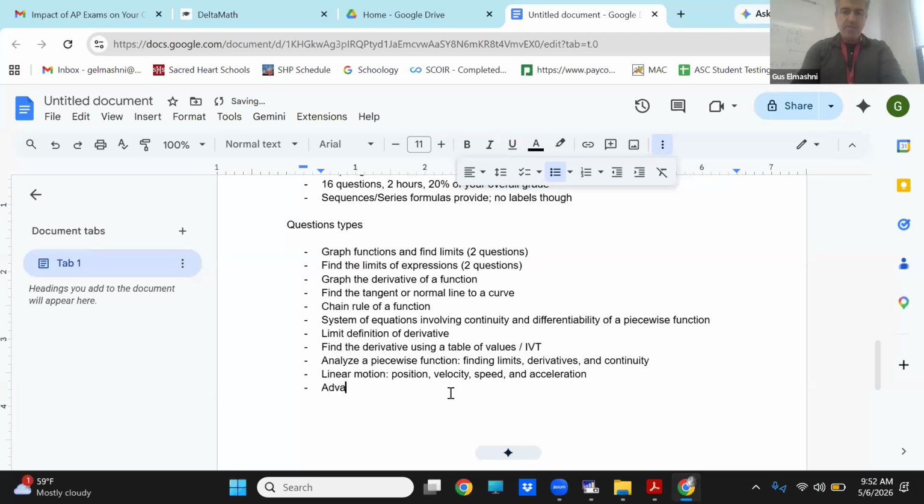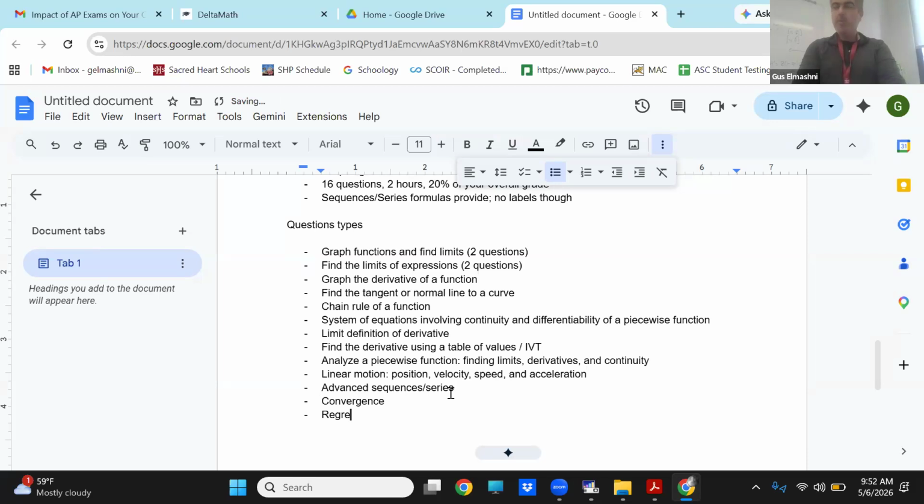Advanced sequences / series. I'm not gonna make it too crazy, but something that probably involves both arithmetic and geometric. Kind of like, oh, the first 3 terms follow the geometric, and the first, second, fifth, or eighth term follow arithmetic, something like that, right? Convergence. So something from the current unit.